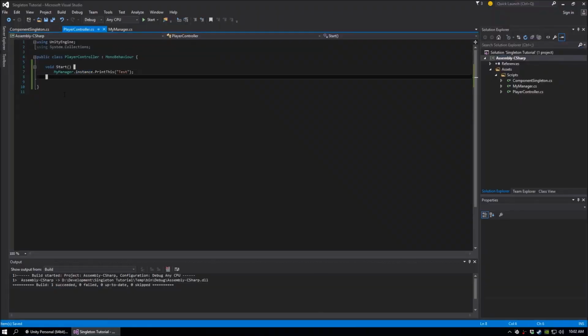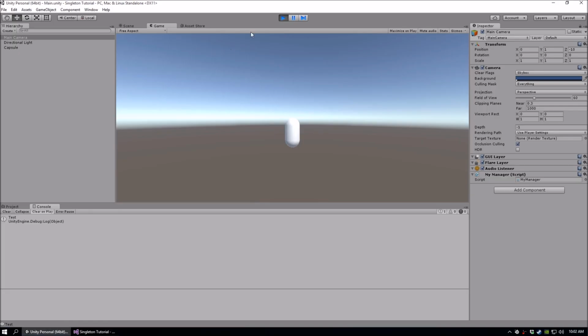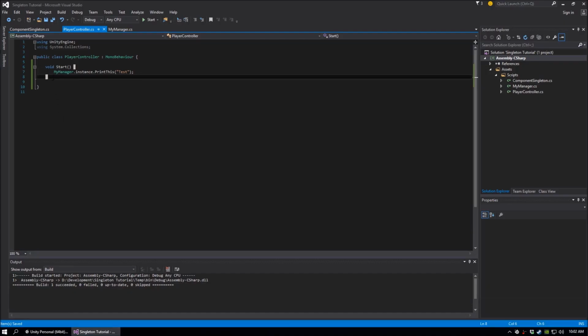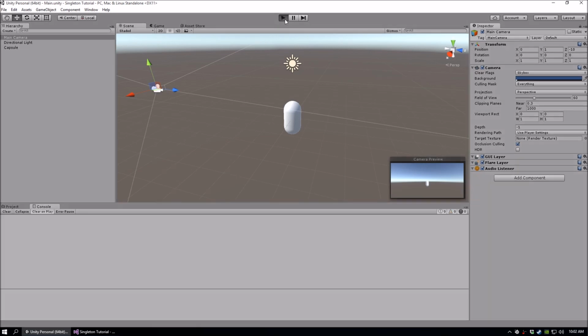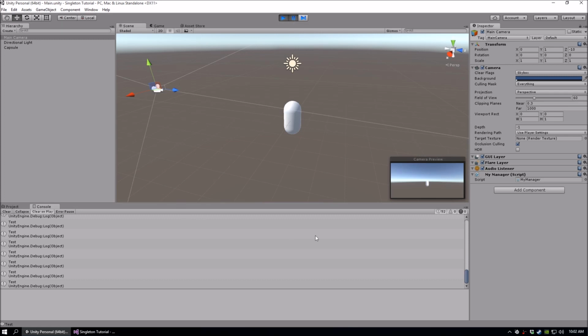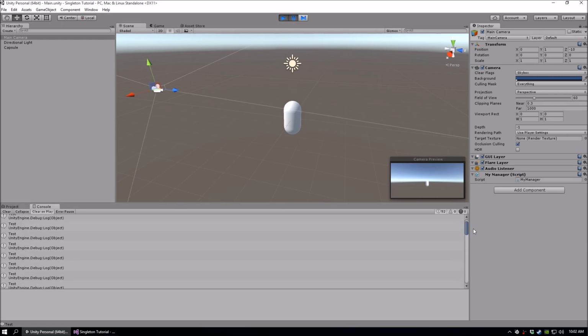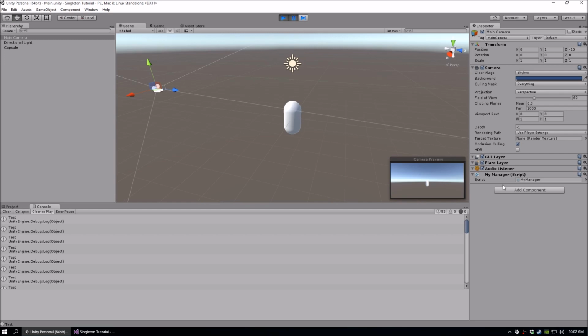Now, it's sort of hard to show that this doesn't ever break. I mean, it can't break. That's the whole point. But if I was to then do this, I'm calling the same function over and over again. And I won't run this for too long because it'll spam my console. But you can see that even though I just called test 52 times, it only added the my manager